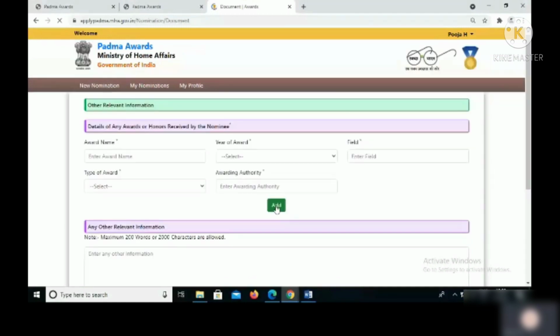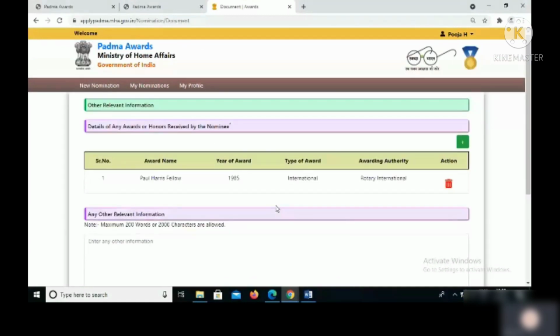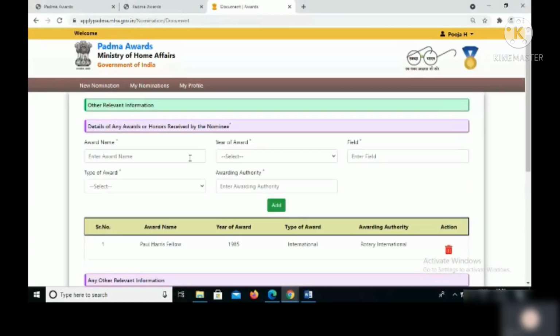If you want to add one more award, you can click on plus. Here you can add another award.